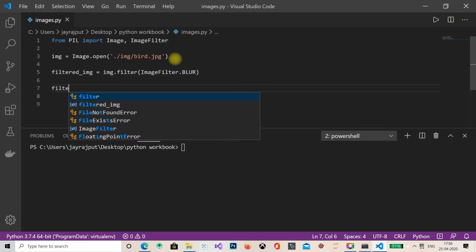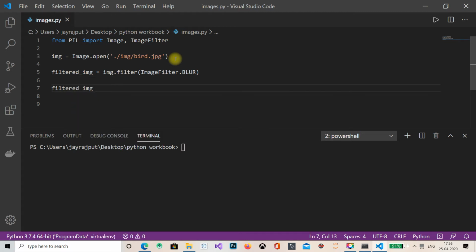So filtered image dot save, and yeah guys, just remember this is blur dot png, because whenever you add some filter, it won't be good with jpg, it won't save or it will give you an error. So I am using png.